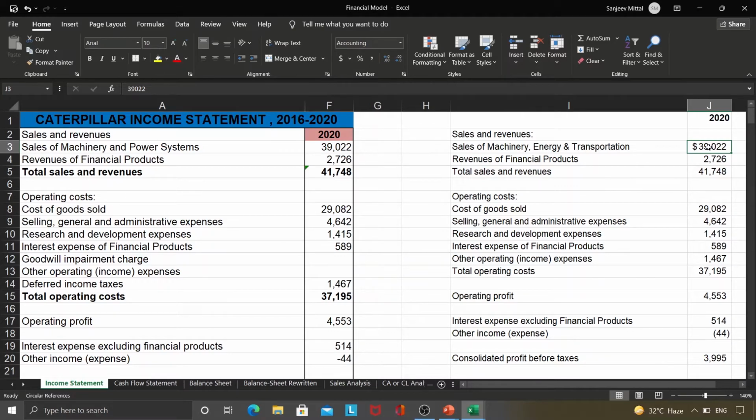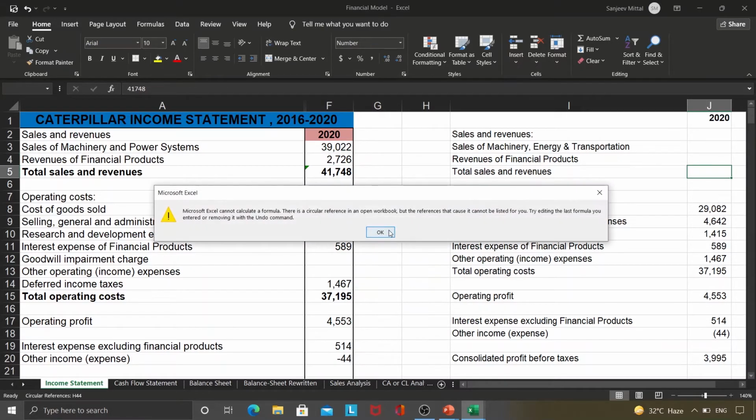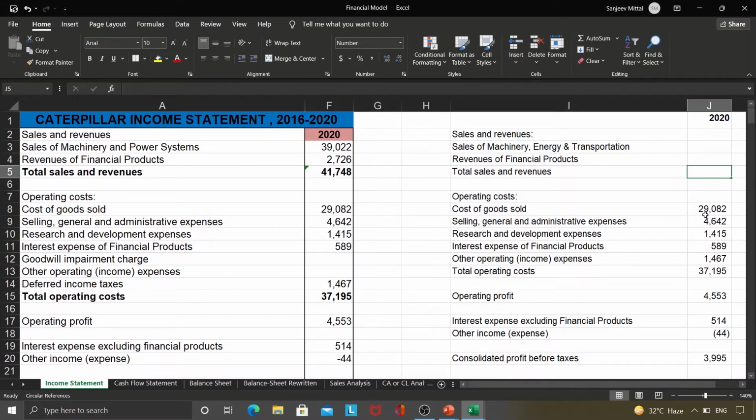So what I have done, I have copied these details from this place to our income statement here and then I have taken other details also. So I'm just going one by one, or if you want you can skip this session also because this will take hardly 1 minute, so you can simply understand it. So I have taken the revenue of financial products 2726 and this has been pasted here. After that our total sales and revenue has come here and after that you are having your cost of goods sold 29,082 which have been pasted here, then 4,642 which you can see has been pasted here, then